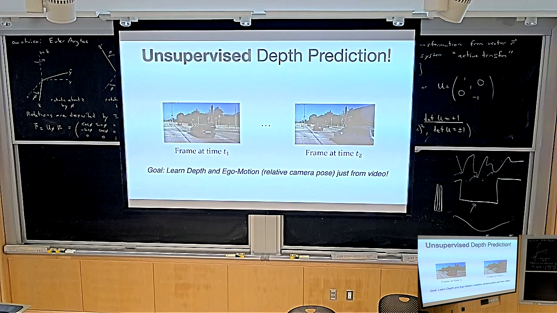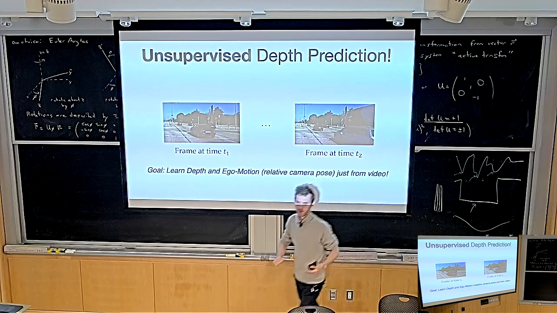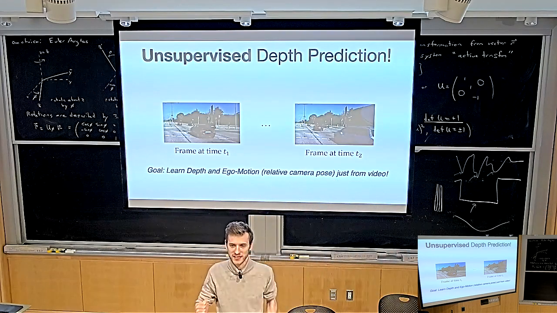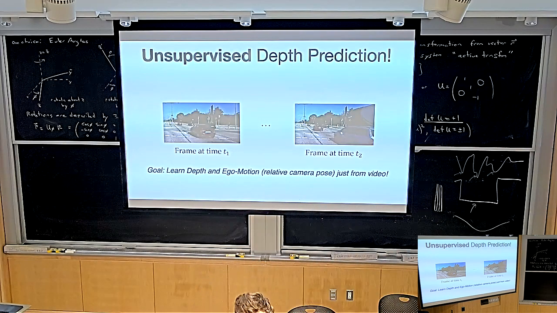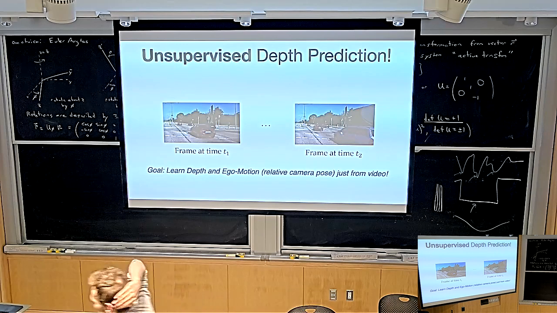Okay. Now we're going to talk about unsupervised depth prediction. So far we just did the boring thing, which is we collect a dataset of ground truth depth, and now we just train our model to predict the depth that we collected. Is there a way of doing it without ground truth supervision of depth? And the answer is yes. So the goal is, this is actually a bad example. So imagine you had a video in which nothing would move. Here there's stuff moving, but imagine you had a video where only the camera is moving, everything else is static.